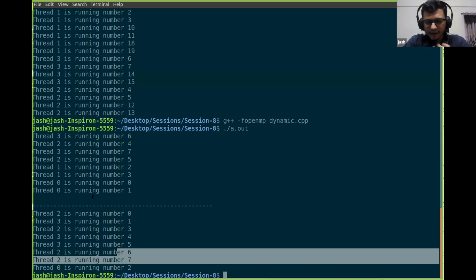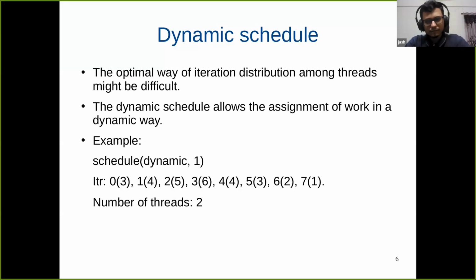So that is the idea here. Any questions or anything that was unclear, please feel free to ask. So this one was the dynamic scheduling.